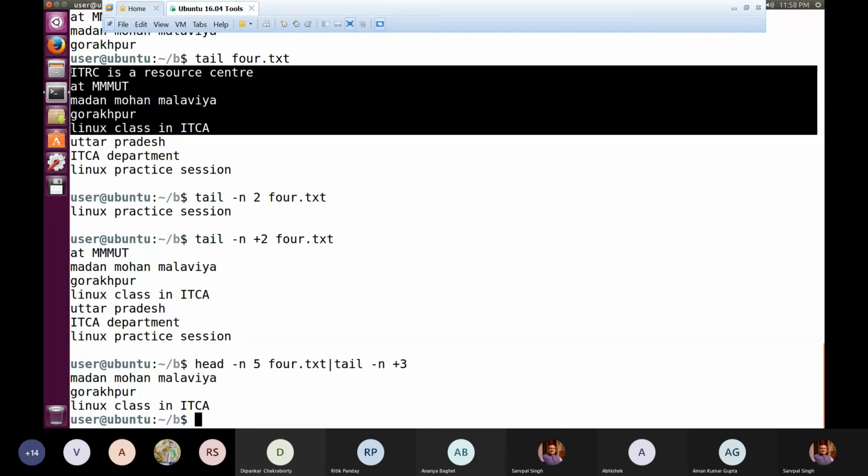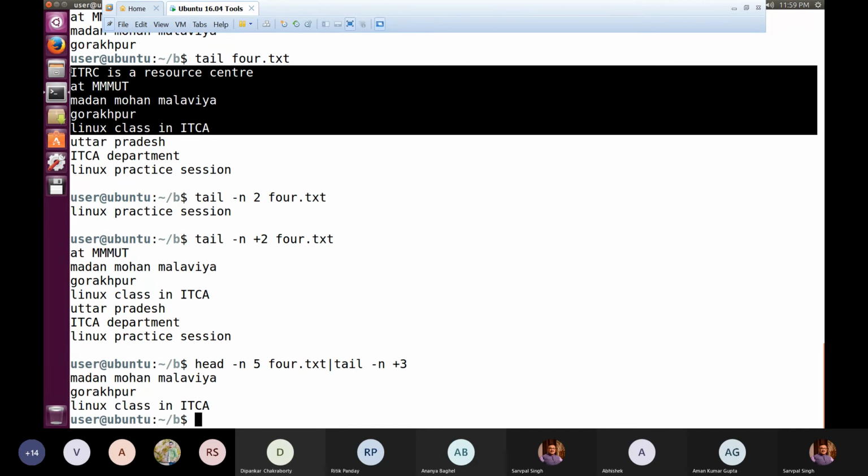See, this is a very important concept. It may not look very attractive right now, but when you are writing any shell program and you are asked to write a program where you have to count the occurrence of malware in any file between line number 3 and line number 10, there it matters a lot.